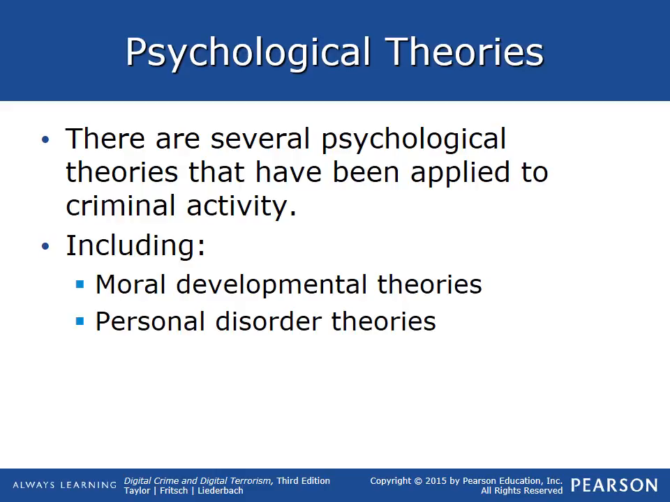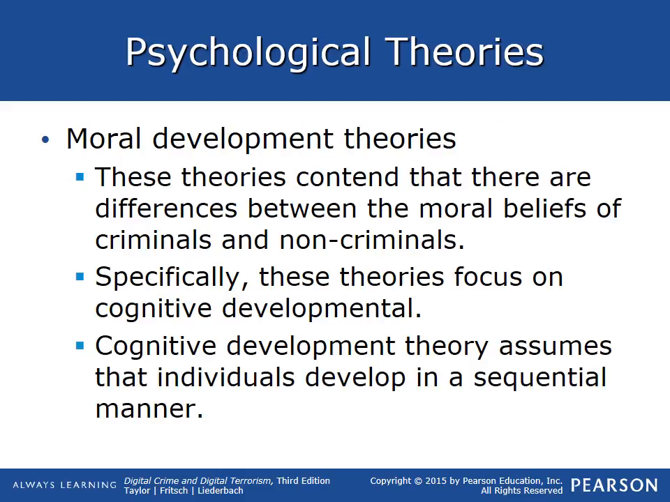All right, so then we have psychological theories. Several psychological theories have been applied to criminal activity: moral development theories, personality disorder theories. These are theories that talk about the core values and the core things that make up the person. Under our moral development theory, the theories contend that there are differences between the moral beliefs of criminals and non-criminals, and it focuses on cognitive development. Cognitive development theory assumes that individuals develop in a sequential manner,